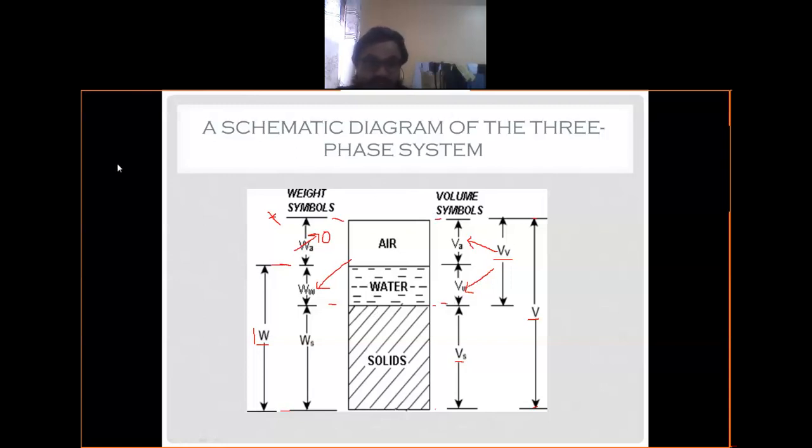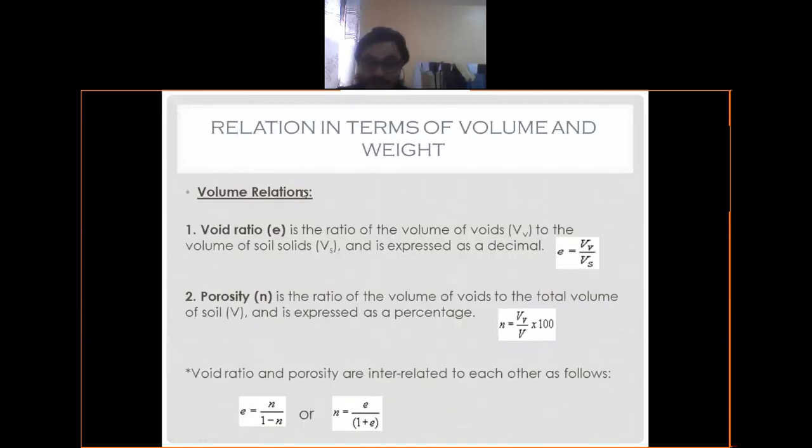So let's go to the next slide. Let's discuss these relations in terms of volume and weight. The relations in terms of weight we'll discuss in the coming classes. Today we'll discuss only the relations in terms of volume. So the first relation in terms of volume is what? Say,